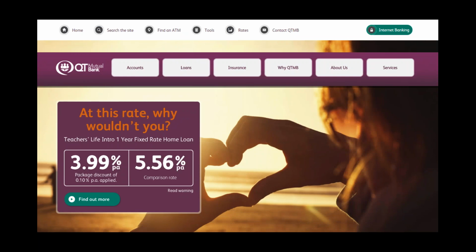So they built a game. They built a game where kids went to the website and gave their teacher a virtual apple every day, and the winning school who got the most apples got a prize from the bank. Of course, kids got their parents involved in all of that.